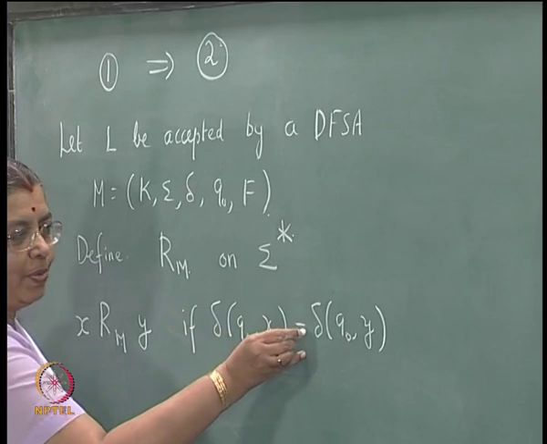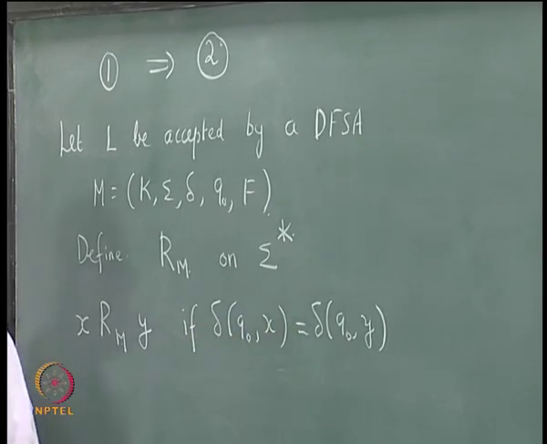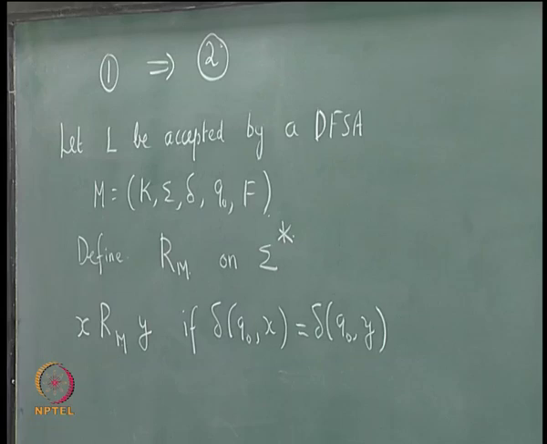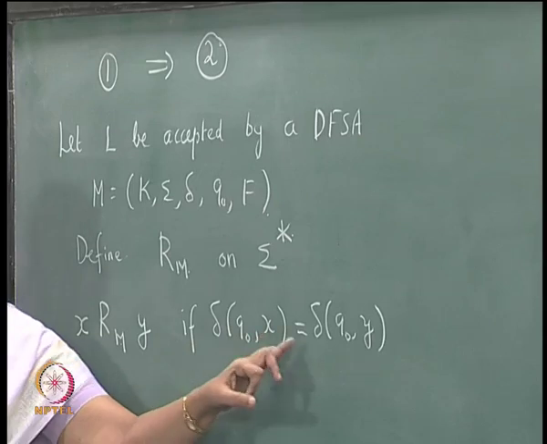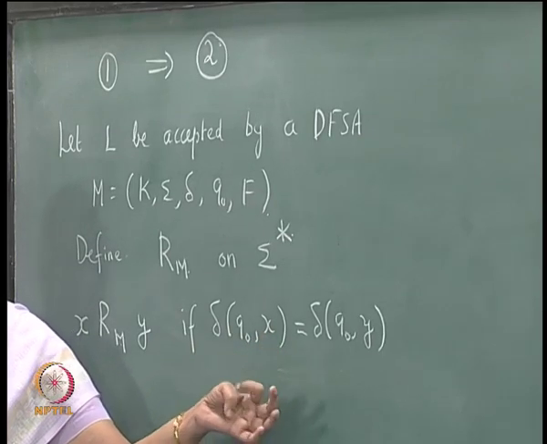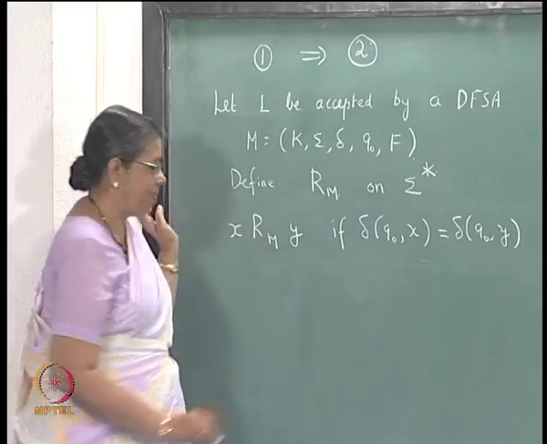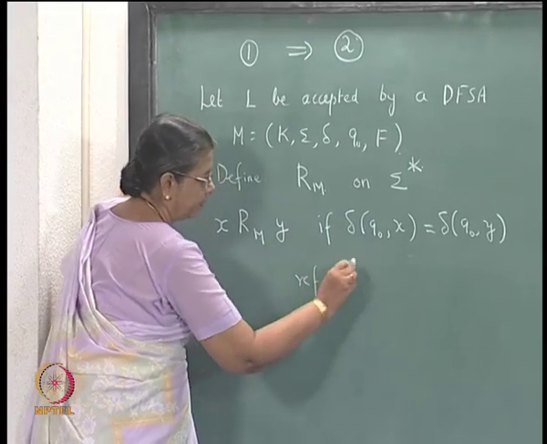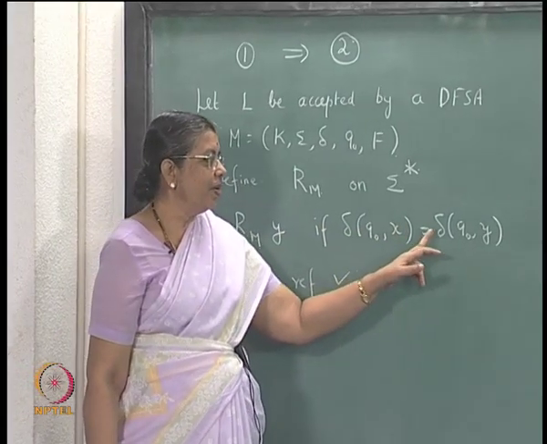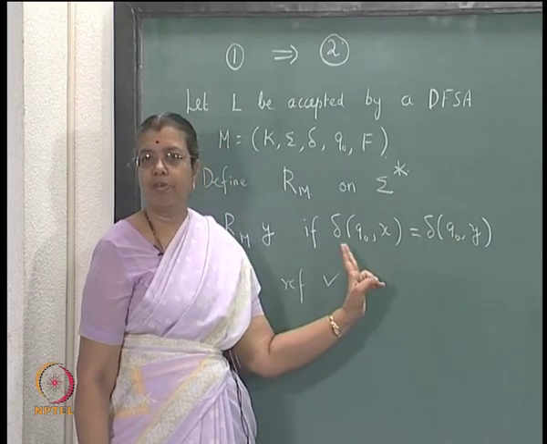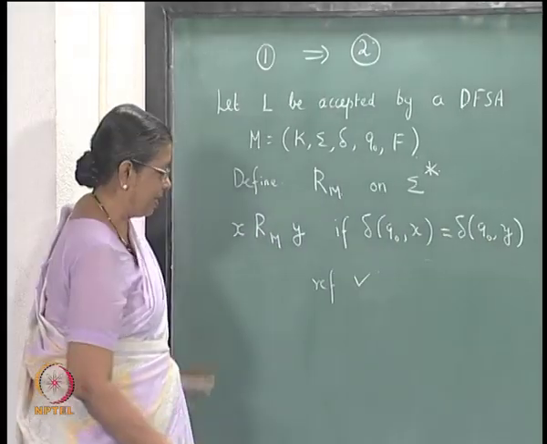Okay. But this itself is defined using the equality relation, is not it? So, the equality relation has all the three properties: reflexive, symmetric and transitive. But anyway, you can check, is x related to x? Delta of Q naught x is equal to delta of Q naught x, is not it? So, the reflexive property is satisfied. If delta of Q naught x is equal to delta of Q naught y, delta of Q naught y will be equal to delta of Q naught x. So, the symmetric property is satisfied.